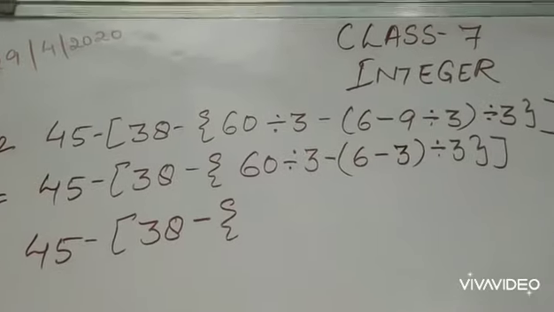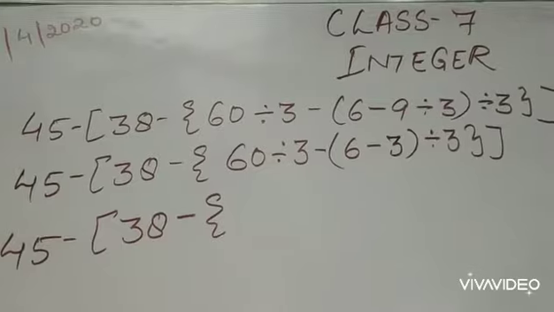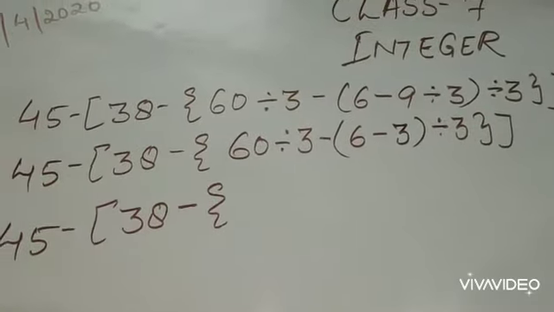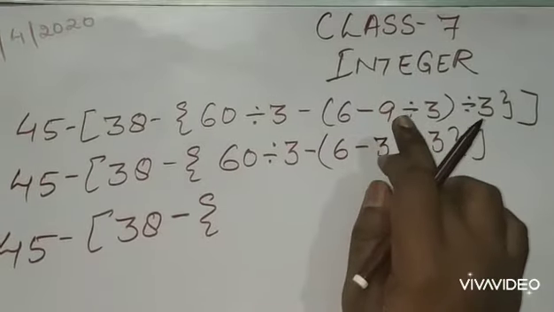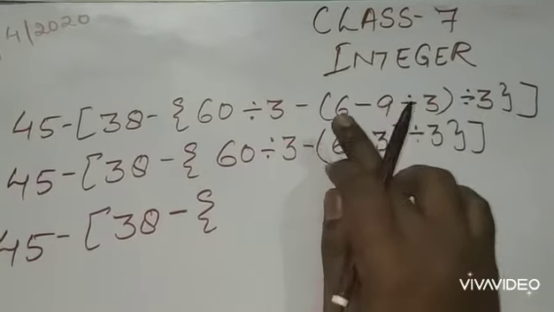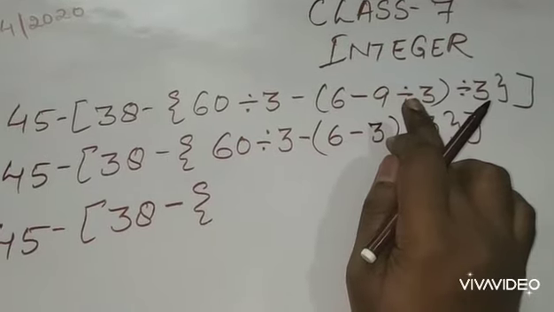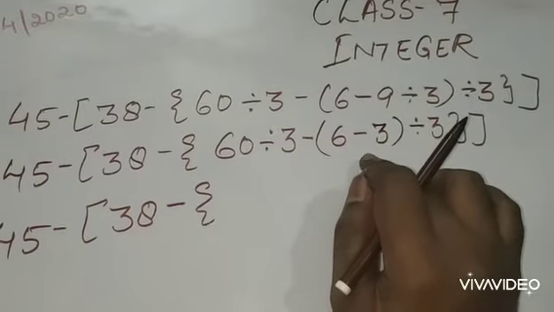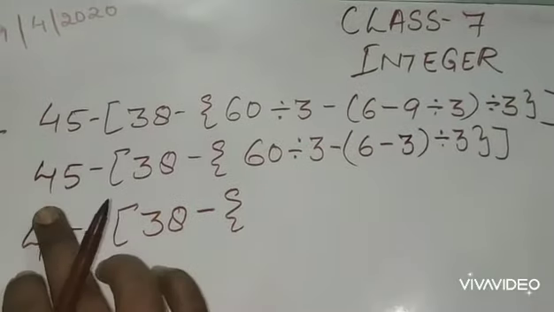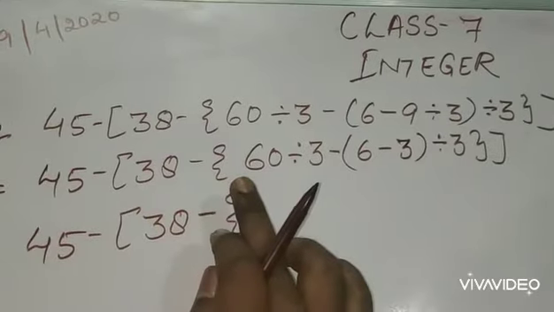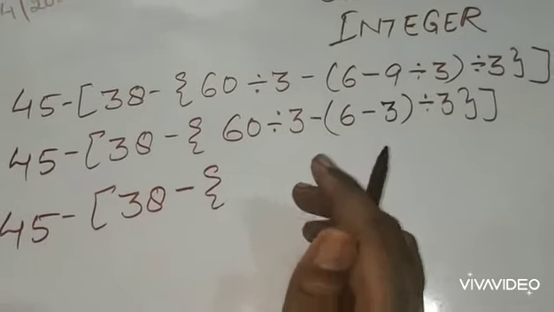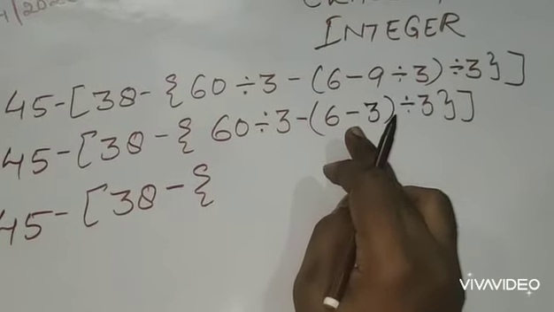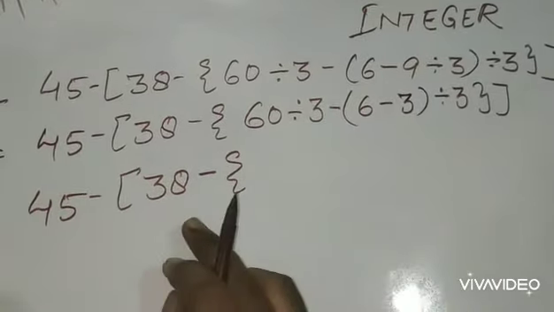Second question, you may find it difficult, but if we solve step by step, then it will be easier for us to understand. Over here we will solve the small bracket part first. So in this, the division according to the rule is coming first. So I have done the division part first and copied the rest of the question that we don't have to solve. Now the bracket that has to be removed is the small bracket. Now it will be removed in the second step.